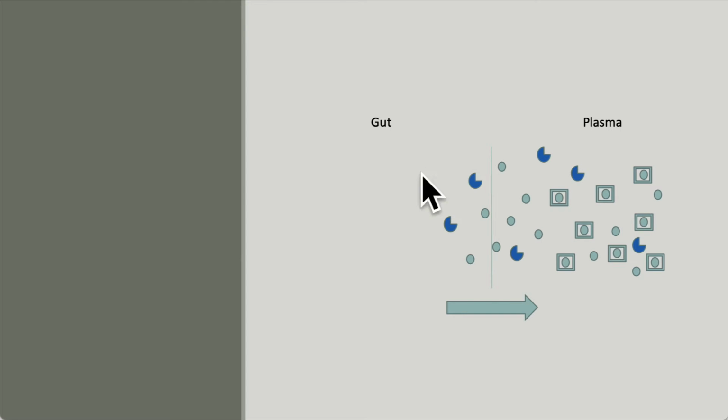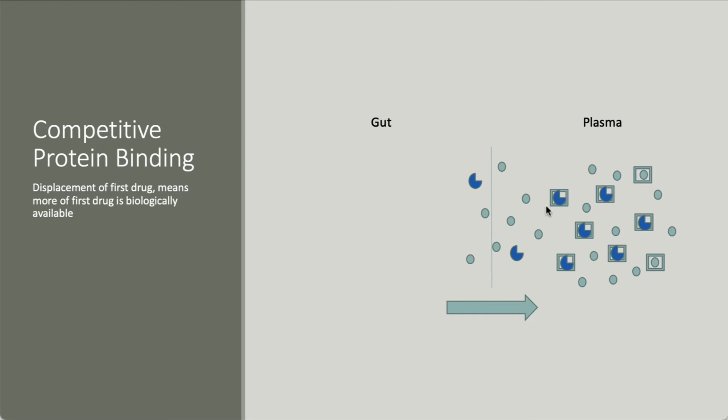So now it goes into the bloodstream, becomes biologically active, but a bunch of it gets taken up by the plasma proteins and kicks off the warfarin molecules. So now there's way more warfarin, and the patient's INR now goes sky high. This is a problem that we have with warfarin all the time. Happens with heparin too, and many other highly protein-bound drugs. All right? So these are the kind of things that you have to pay attention to when you're dealing with pharmacologic therapy.